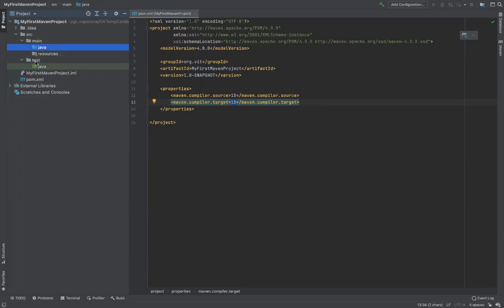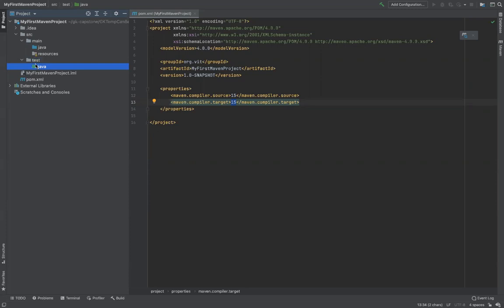Main java. What is test java? Test java is a place where your test code resides. So whatever code you want to write which is test code, something which is testing the main code, goes inside test java, right? Ideally, what we are doing is creating a test framework. We are going to learn test automation, and as the name suggests, it's tests. So whenever we write any test code, it always has to be present inside test java as per Maven standards.